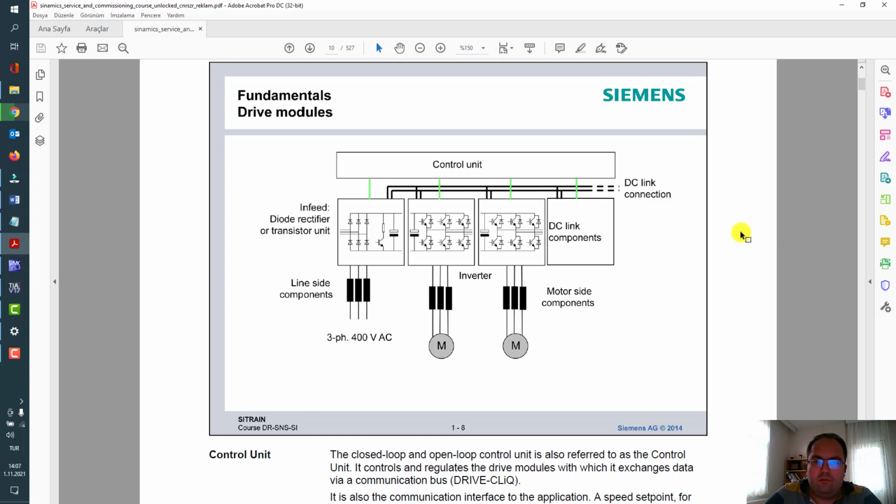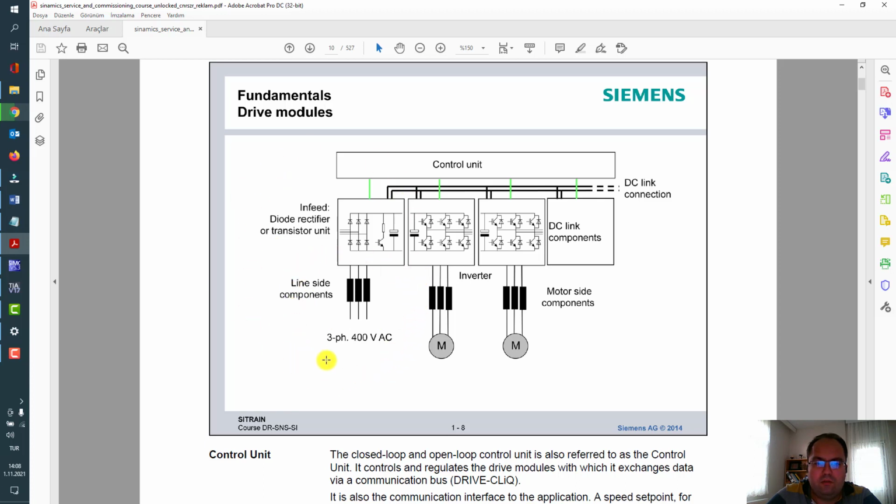For the drive modules, with this Sinamics family we will use a control unit CU320 for the multi-axis system. There are some infeed units, Basic Line, Active Line or Smart Line Modules for the line side.